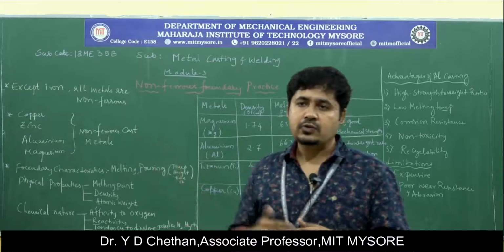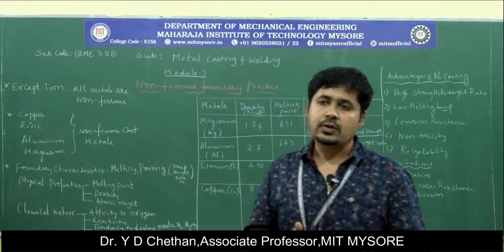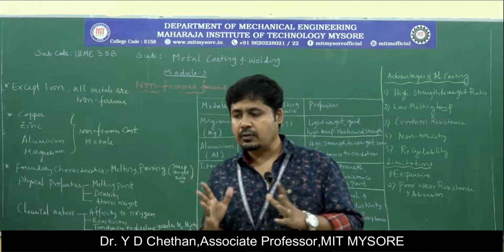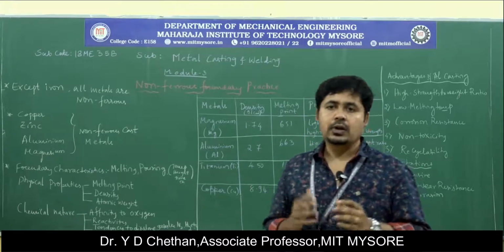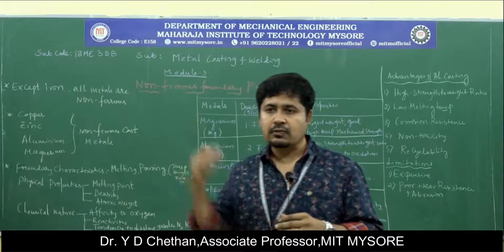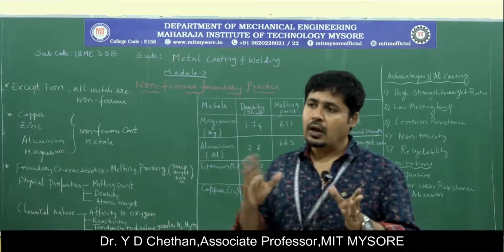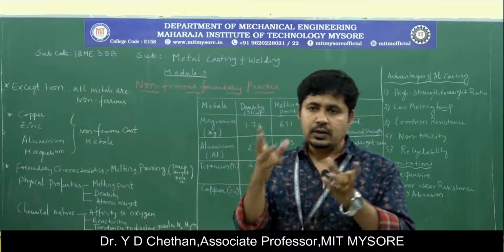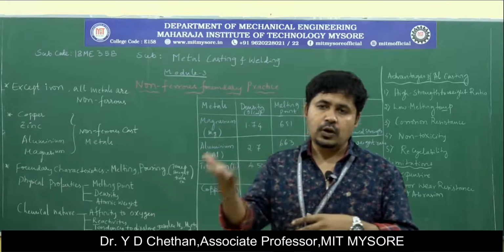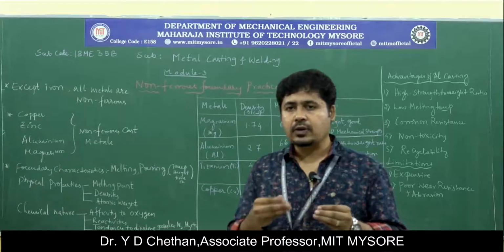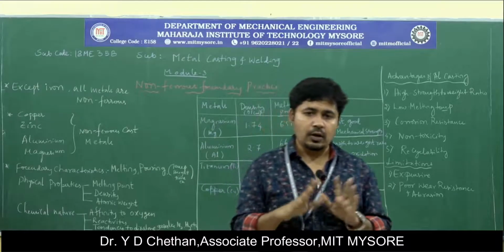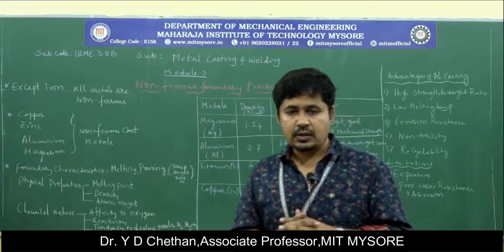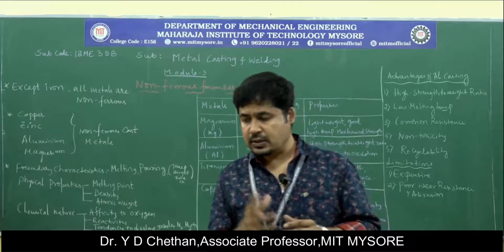Then we switched over to the second module. We have discussed the melting furnaces, the most inevitable part of these practices. Here in the melting furnace we discussed different fuels being used to change the phase from solid to liquid. That liquid molten metal is poured into the mold cavity. Then after the solidification process, by providing all possible allowances and by designing the cavity as per the standards, we can get the product called a cast.